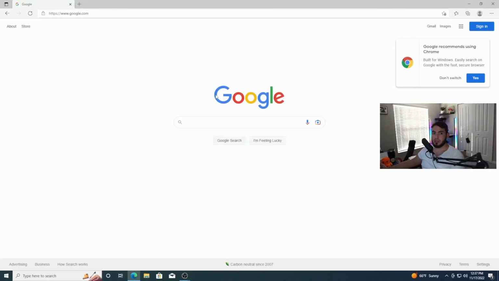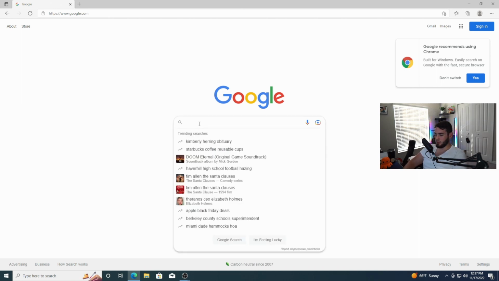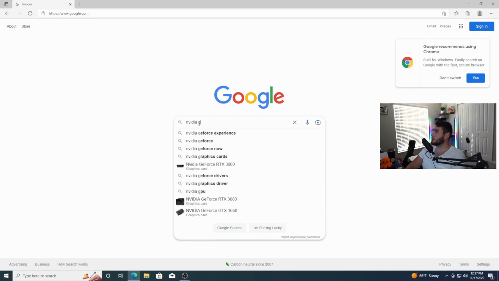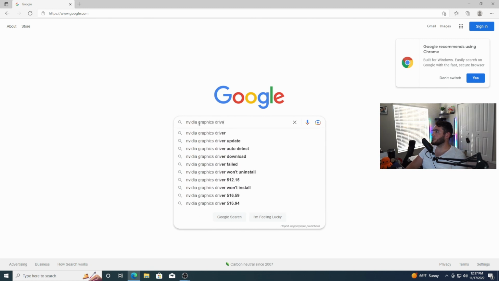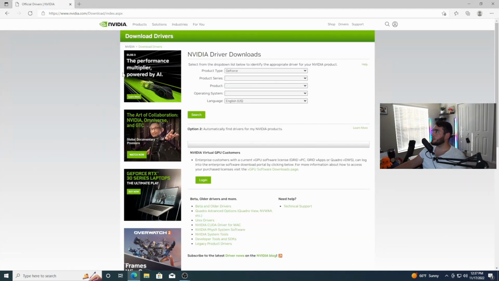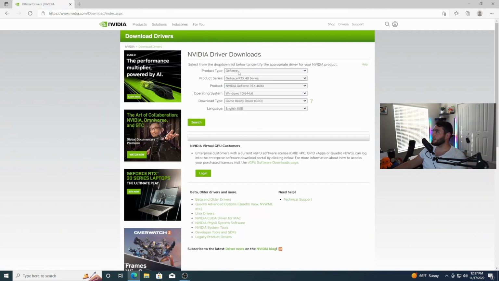I, for instance, have an NVIDIA graphics card, so I'm going to go to the NVIDIA website and install their graphics card drivers. In order to install NVIDIA graphics card drivers, we first need to go to their website. Open up your browser, get into a Google search or whichever your preferred search engine is, and simply type NVIDIA graphics drivers, NVIDIA driver downloads,